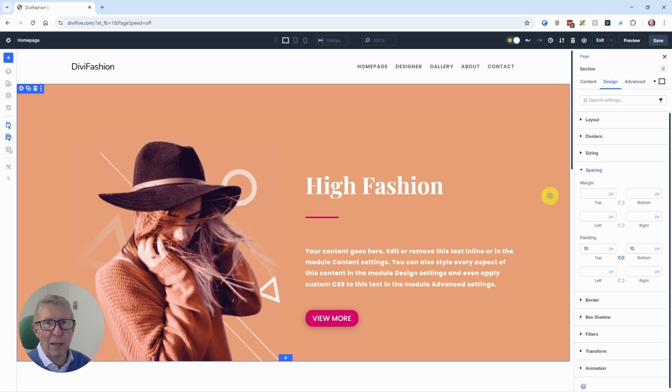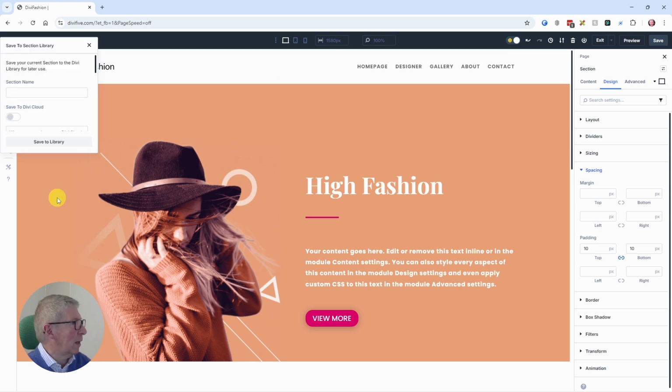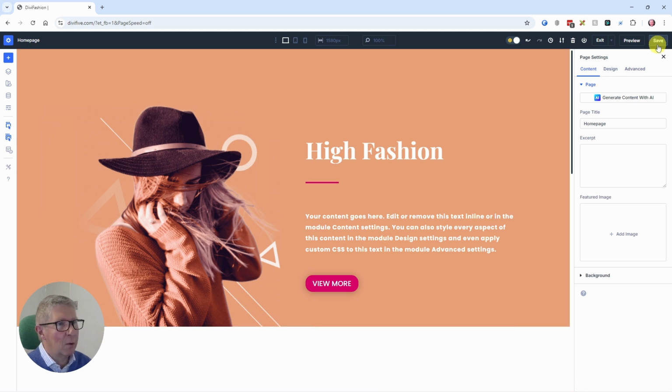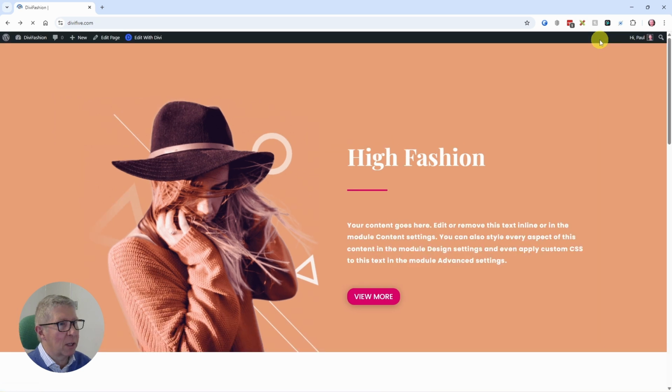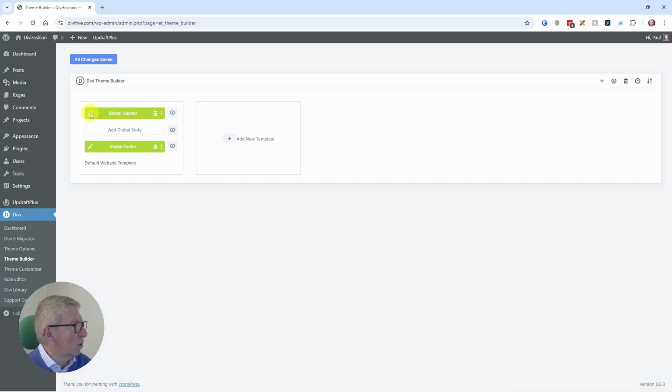And then the final step to actually turn this into a custom header rather than just a section at the top of a page is you come into the section, you click on Save to Library, you give it a name, so New Header, and you click Save to Library. And then once you've done that, you can safely delete the section and you can save the page again. And then the final step, obviously come out of the builder, back into the dashboard, into Divi, theme builder, open up your global header,